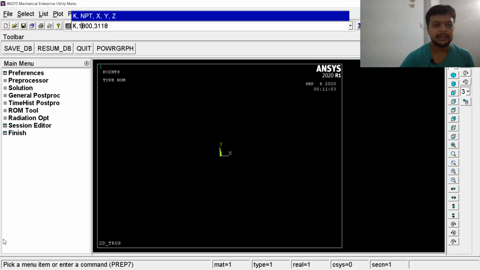I forgot to write here the point number, that is the second point number. Now I think it is correct.